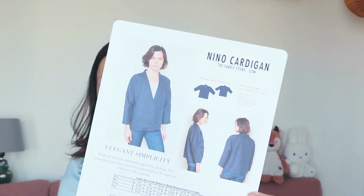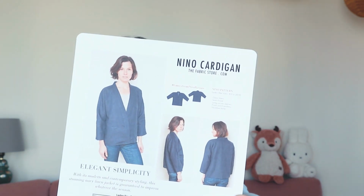I am aware it could look a little pajama-y, but we'll see how it goes. Maybe with the right details it will be fine. And my workplace is not super dressed up anyways, but I think this will be good to throw over a silky cami or something like that, just to give some coverage and prevent the sunburn, but still be breezy and just look good altogether. So those are my hopes and dreams for the